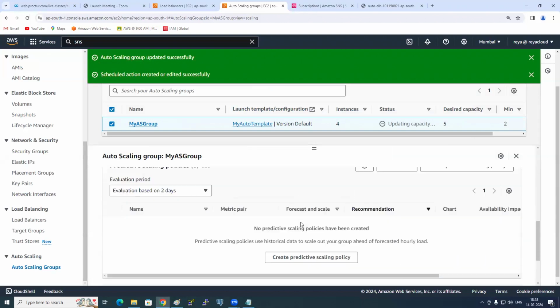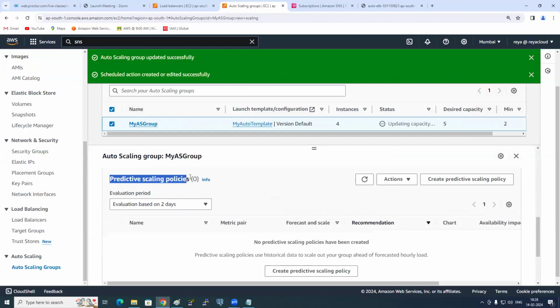And here we have predictive. You can ignore this. What is prediction? Prediction means guessing, or an estimate.